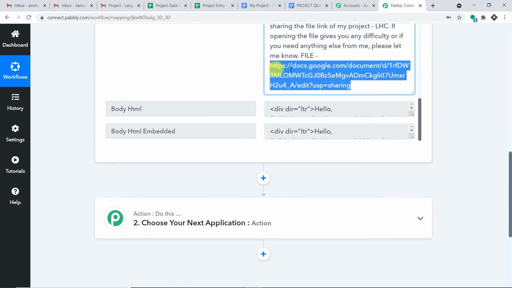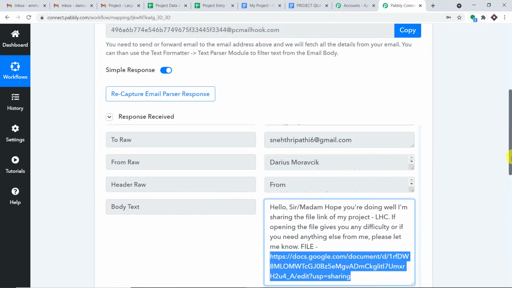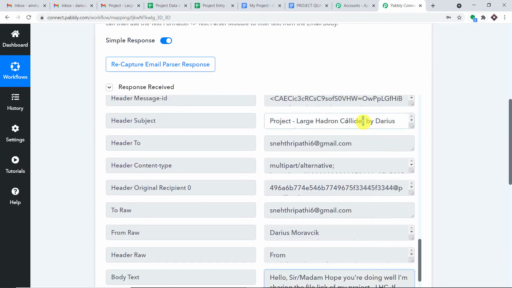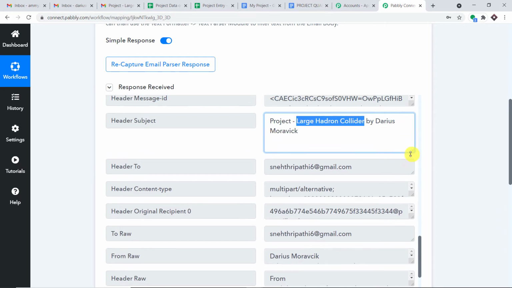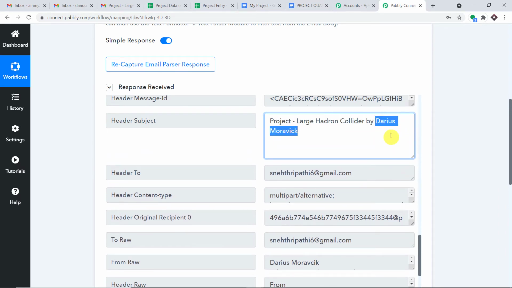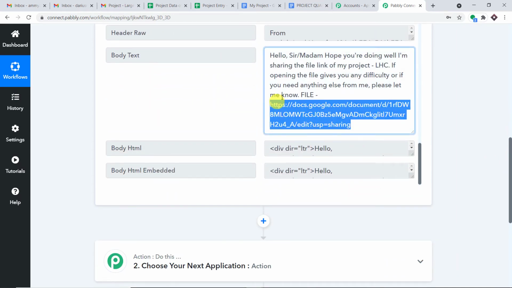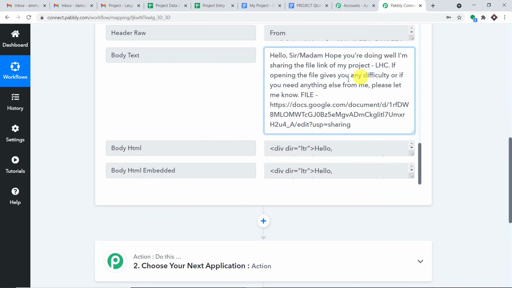And basically this is the URL of the file. Excellent. So what I'm going to do here is, first of all, we actually have to isolate a few things. I'm going to isolate the project name, okay? Then I'm going to isolate the sender or the student's name, and then I'm going to isolate the URL. Because the rest of this data, like the hello sir, ma'am, these are all redundant. It is not really necessary. So we are going to isolate each of them.